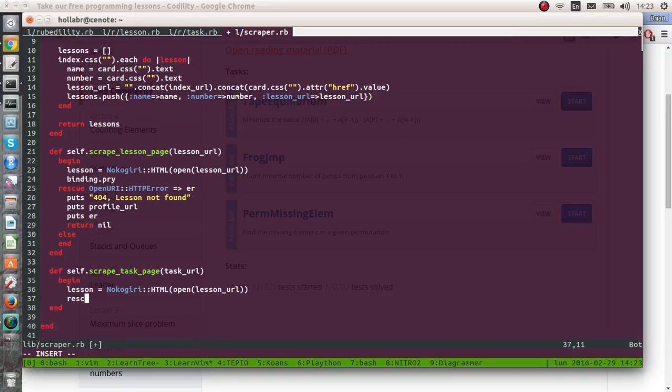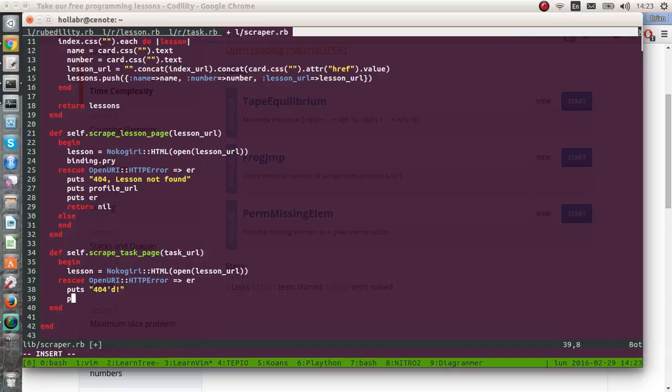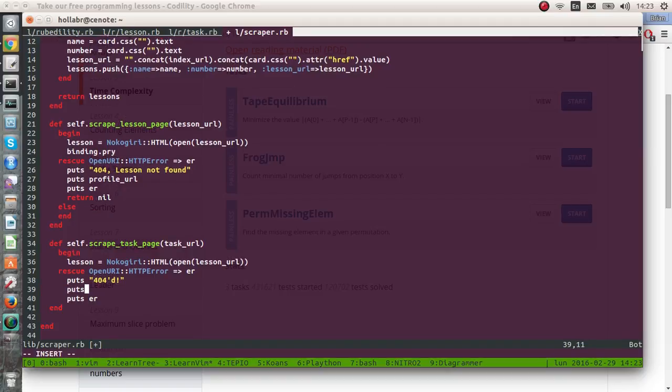And then we want to rescue. It's really the same thing. Rescue. Puts forward. And we'll put something with the